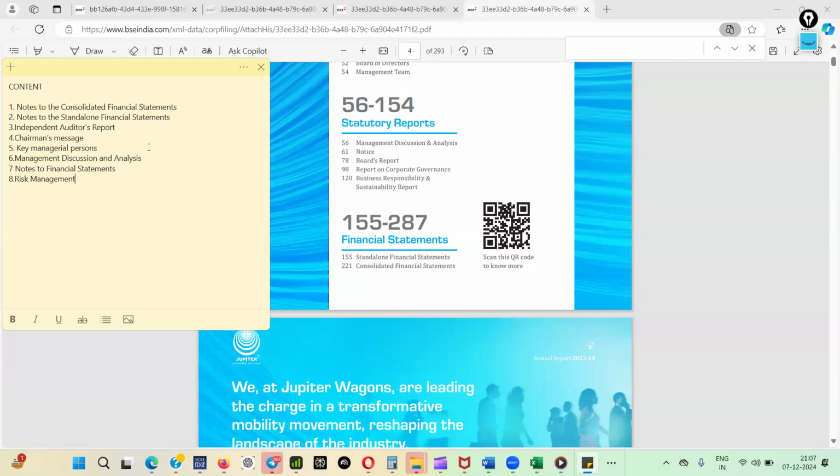In an annual report, whatever annual report you go through, go through all these things: management discussion and analysis, notes to the financial statement, chairman's message, independent auditor's report, and their comments, what exactly they are saying. In brief, you go through. But these are the two sections, please go through.